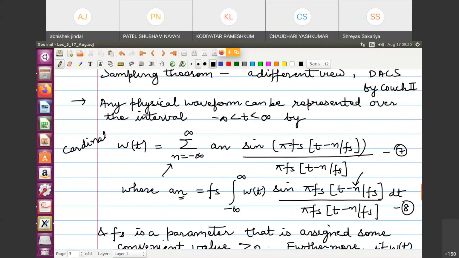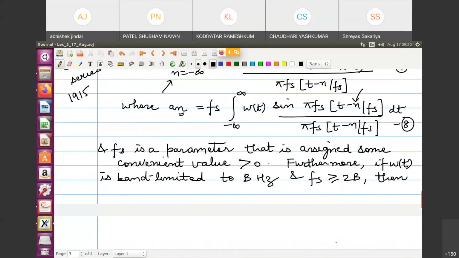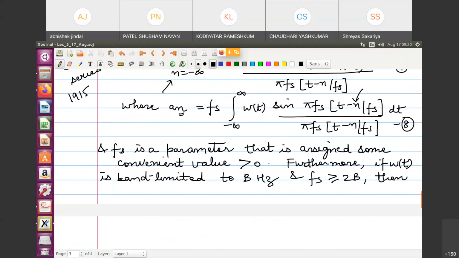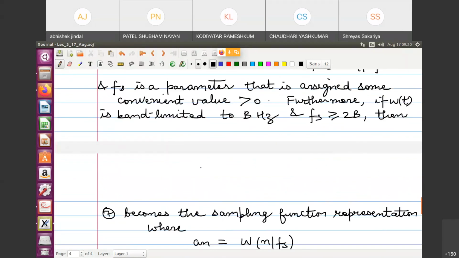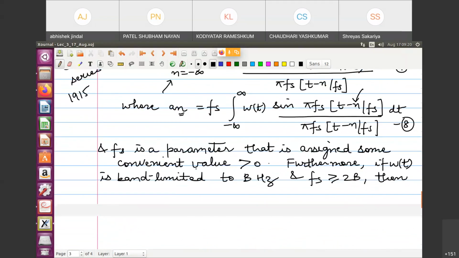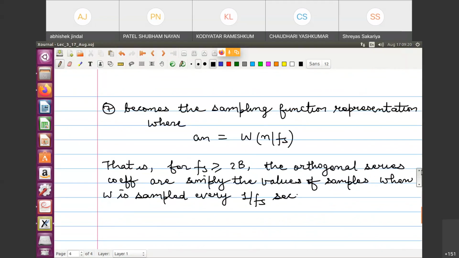This is known from 1915. Okay. So from 1915, people know this, that this is the cardinal series. It was further developed, or a further observation was made, that if at all W(t) is bandlimited to B Hz and fs is chosen as greater than 2B, then this a(n) becomes your samples of the function itself. Okay. So we say that for fs greater than or equal to 2B, the orthogonal series coefficient